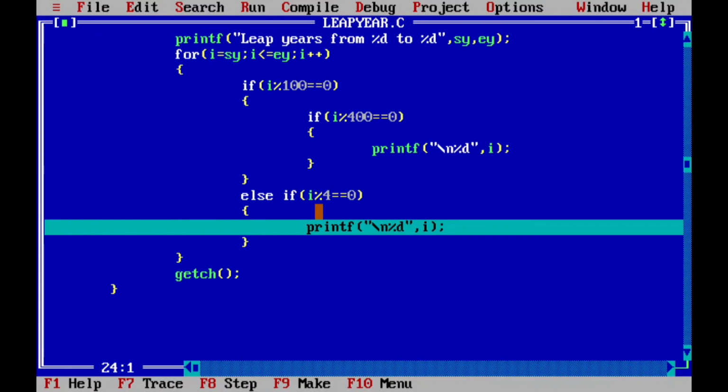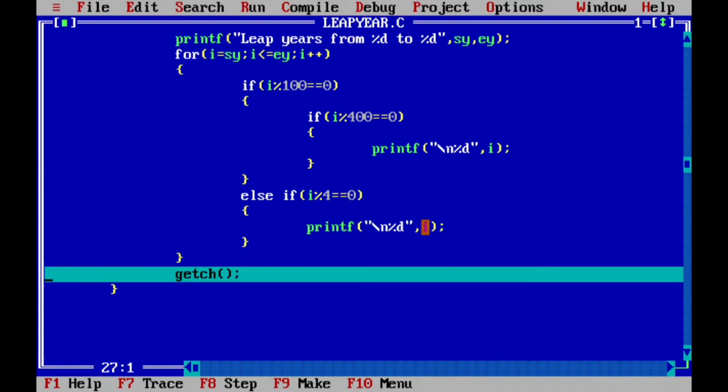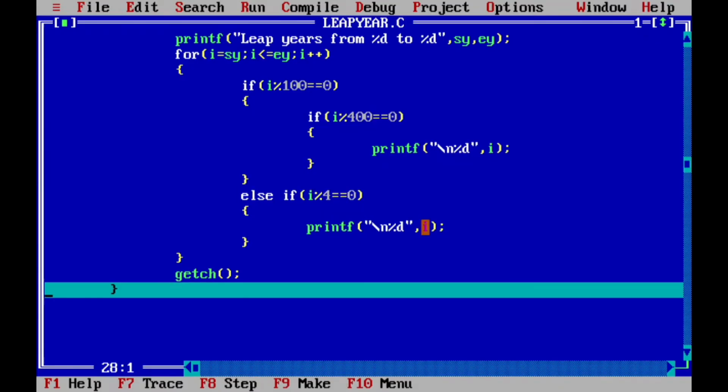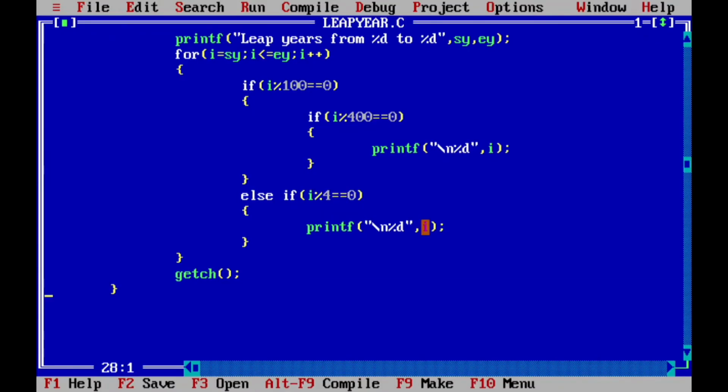Okay. 2004 modulo 4 equal to 0. Now control comes to here and it prints that value on the output screen. Now again I is incremented, 4 and 5. See here, what will be the output? Leap years from 2000 to 2008: 2000, 2004, 2008. F7 is the shortcut key to trace the program.